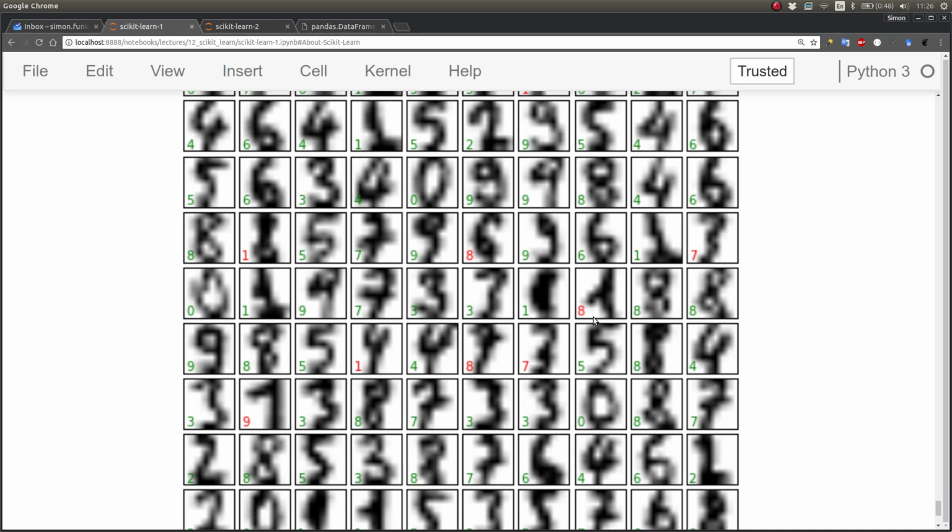But we could also try and extract some more features, right? So maybe this pixel-wise feature selection wasn't actually so clever. Maybe we should have developed an algorithm that can detect circles in an image and then use that also as a feature